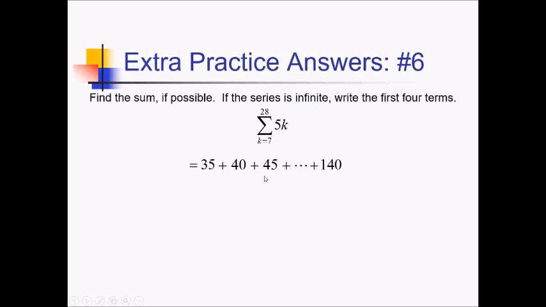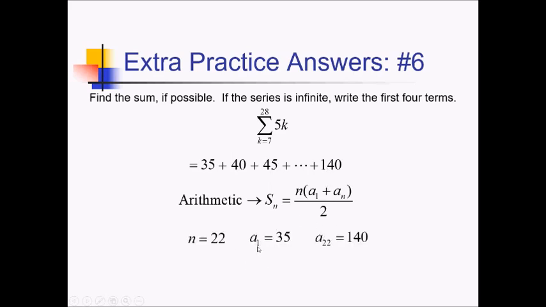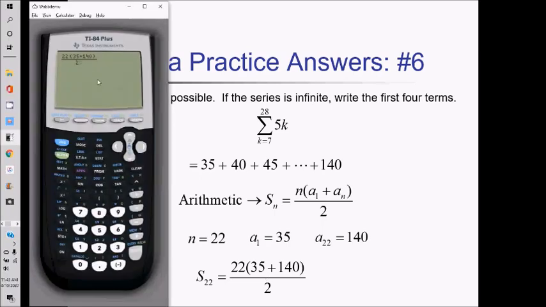So this is an arithmetic series, and we can use our arithmetic series sum, n times (a1 plus an) over 2, to get the summation of this. So n in this case is going to be, well, from 7 to 28, that's 22 terms. a1 is 35. an is 140. So let's just plug all of those into our calculator now, and that's going to come out to a grand total of